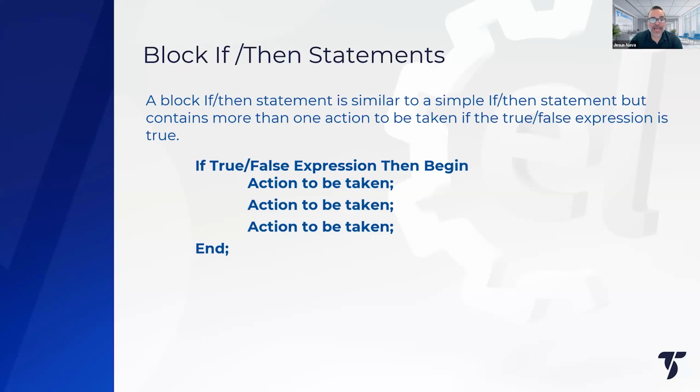Since you have multiple actions, yes, you have to begin and end at a certain point. And between the begin and the end is where you list every single action to be taken. Exactly like the one we saw previously, but instead of just one action, you have multiple actions to take. It could be buy next bar at market. It could be,